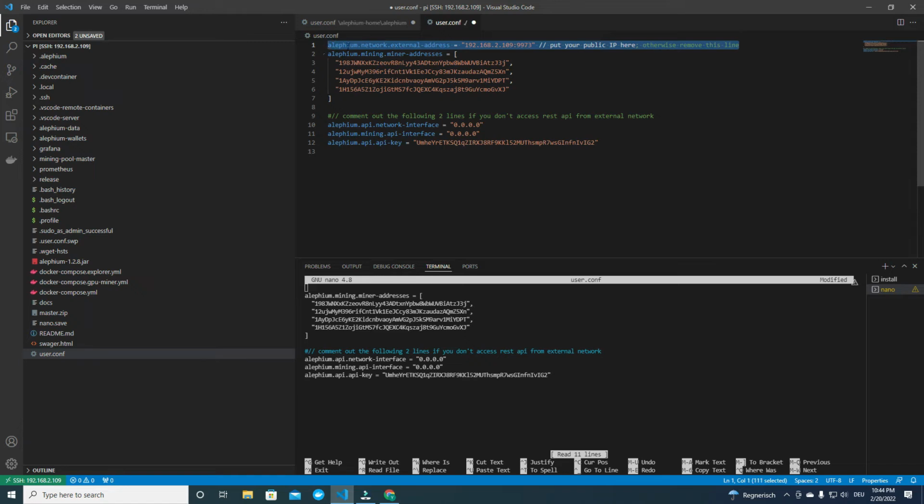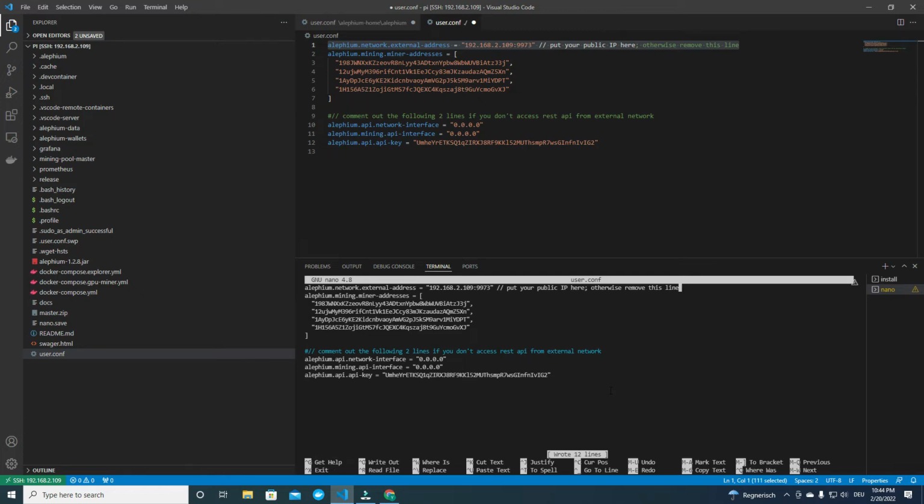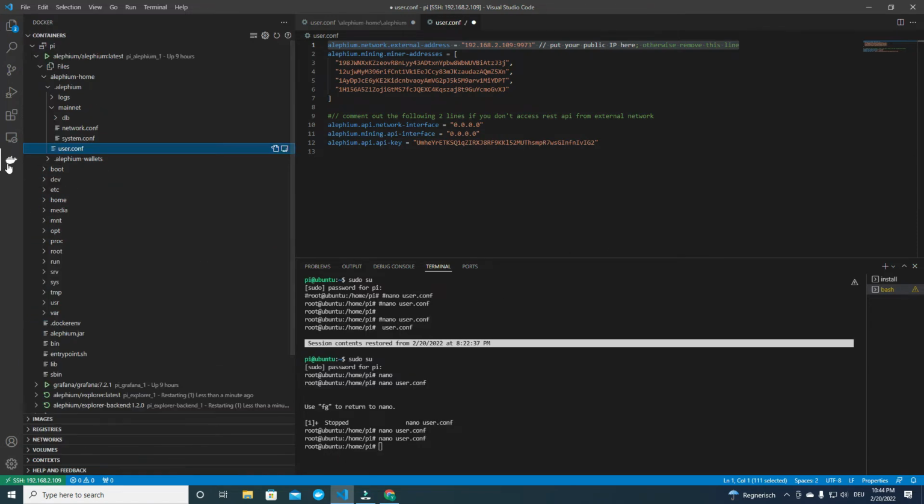This part we cannot save from file save, so I'm going to copy it and paste it here. I'm going to save it here, so Control O, and it asks for the file name to write: user.conf. Yes, that is the name, and that's good, it's safe, and Control S. So now we can check again on Docker,